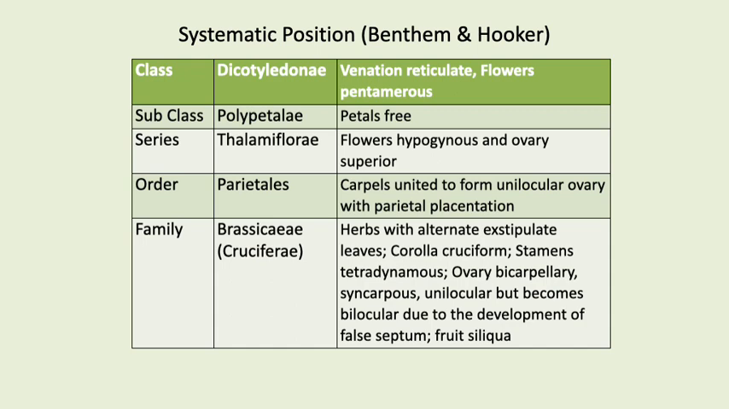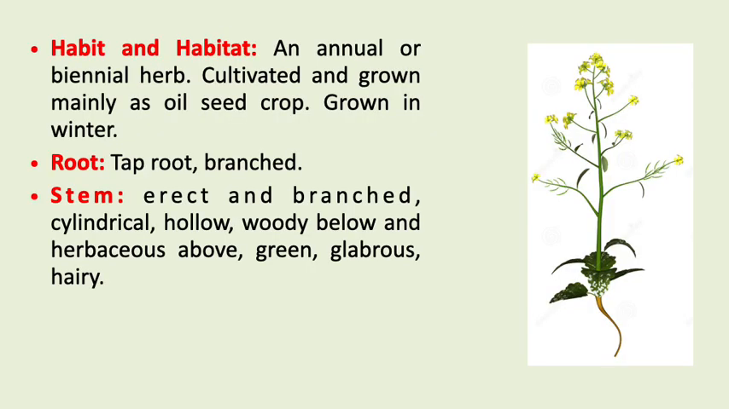Order Parietales. Carpels united to form unilocular ovary with parietal placentation. Family Brassicaceae or Cruciferae. Herbs with alternate exstipulate leaves. Corolla cruciform. Stamens tetradynamous. Ovary bicarpellary, syncarpous, unilocular but becomes bilocular due to the development of false septum. Fruit is a siliqua. Habit and habitat of this plant,